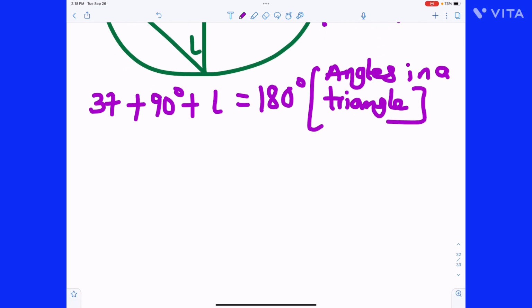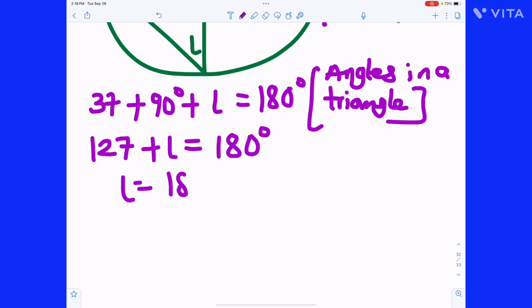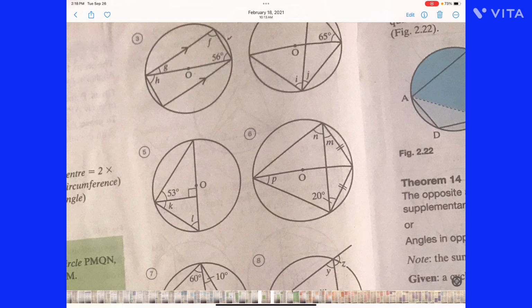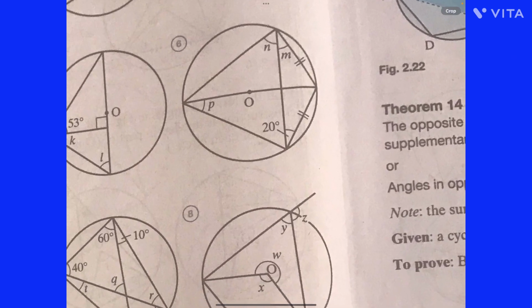So that tells me 127 plus L is 180 degrees. L is what? 180 minus 127. If L is 180 minus 127, it means L is what? 53 degrees. So I think that answers question 5. Let's go to question 6. Question 6,